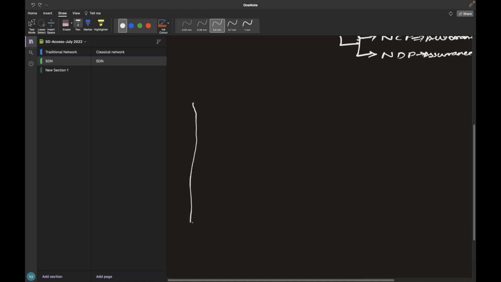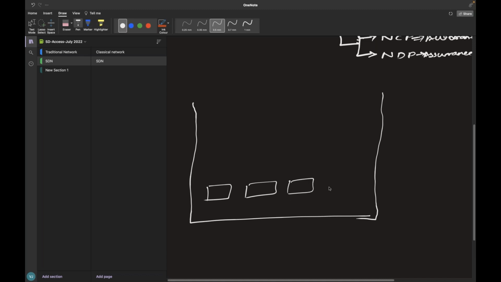This is, let's say, one of my branches, and I got multiple access switches. In SDA access, by the way, these switches where the endpoints are connected are called edge switches or edge devices, fabric edge.